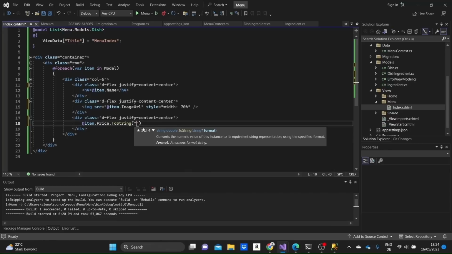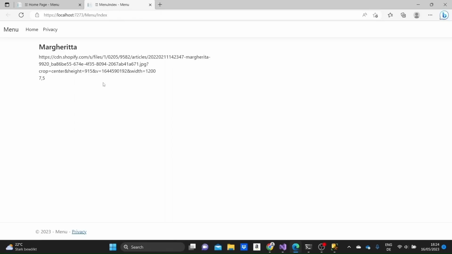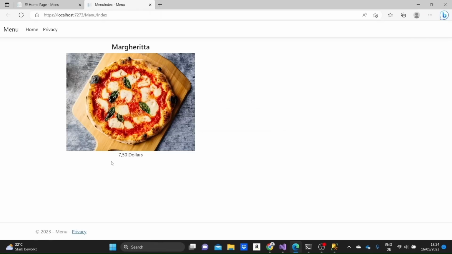And we could format the price a little bit, so it takes ToString and "F2", which basically means 2 places after the comma. And just run the project one more time and see if all this data looks better. Okay, so this looks fine. It takes half of the row and it's in the center of it, so this looks okay, but we need also to add